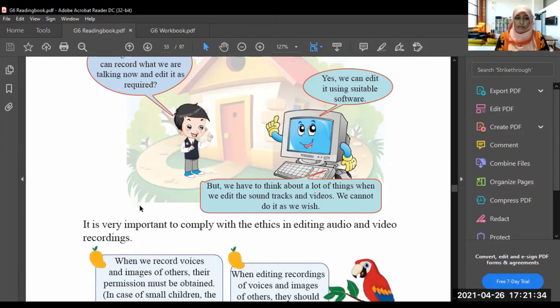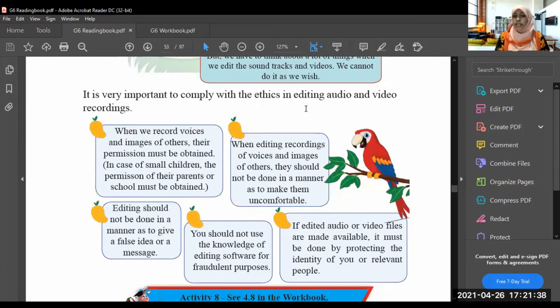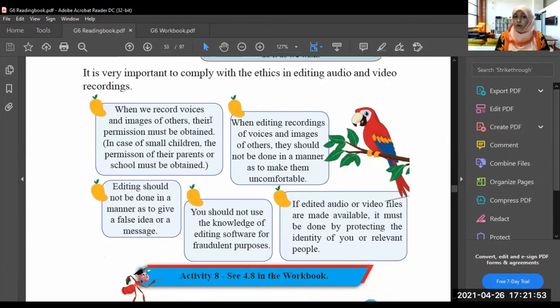So let's see. It is very important to comply with the ethics in editing audio and video recordings. So when you are editing audio or video recordings, you should follow some rules. There are some ethics. For an example, when we record voices and images of others, their permission must be obtained. So for an example, if I am editing these class videos,